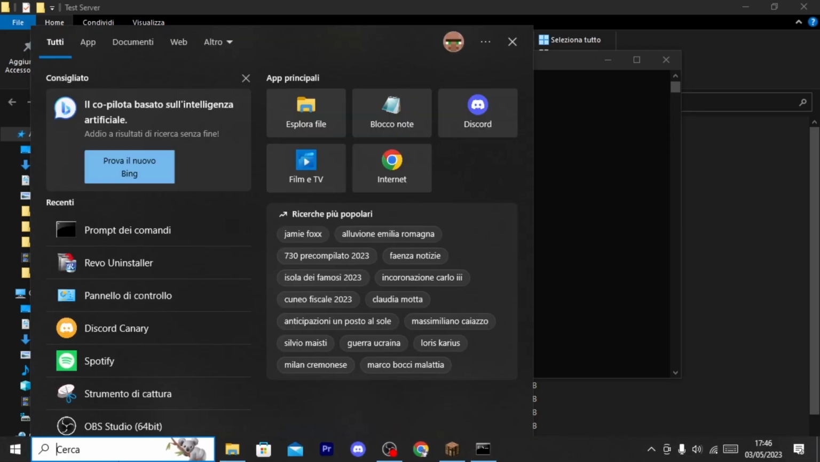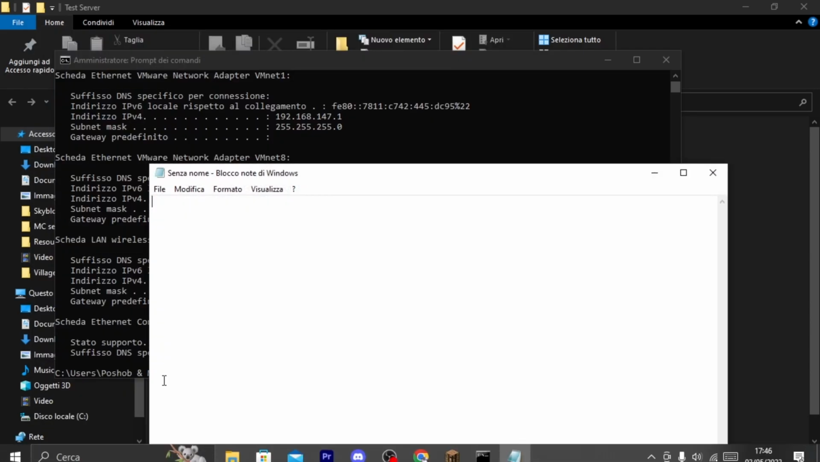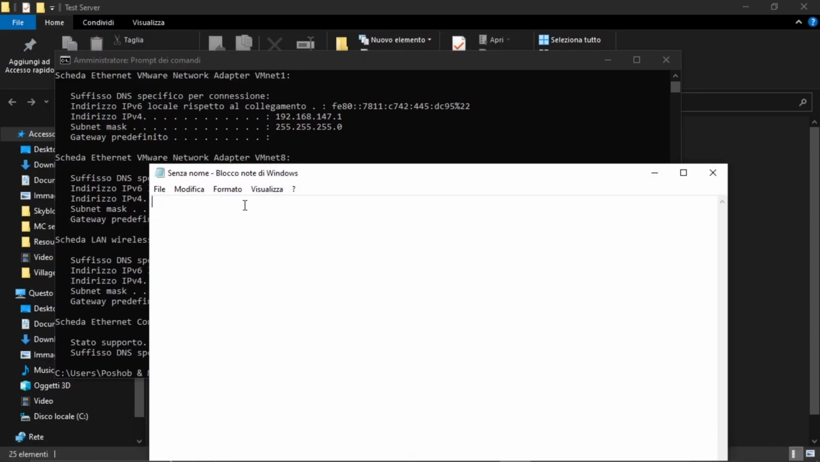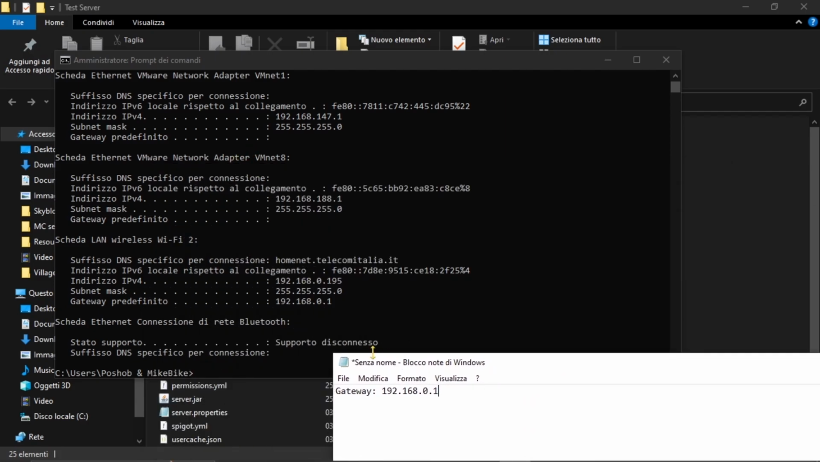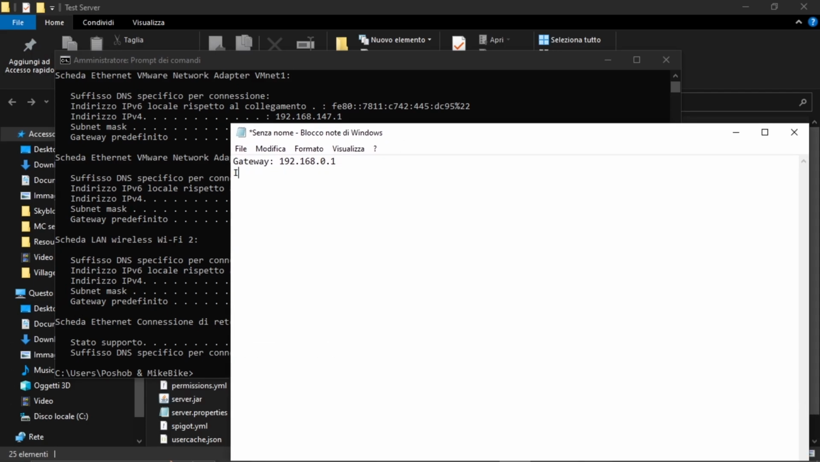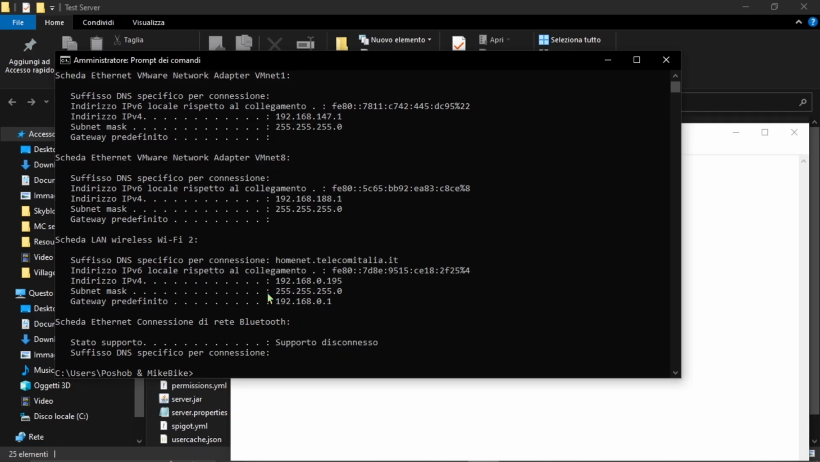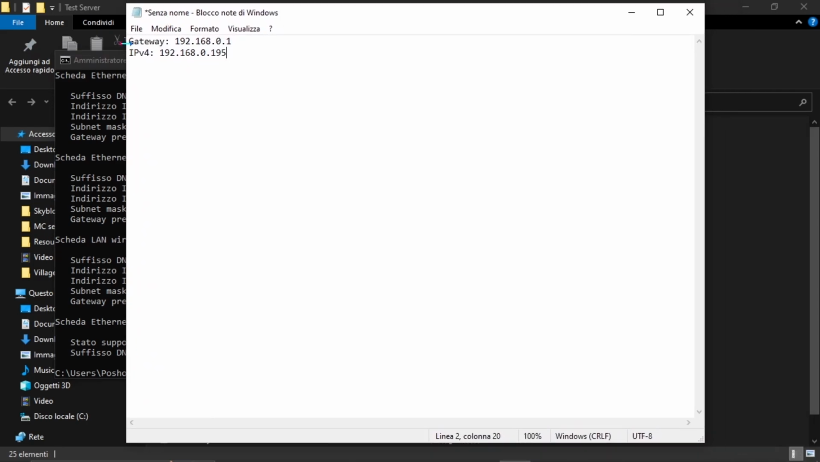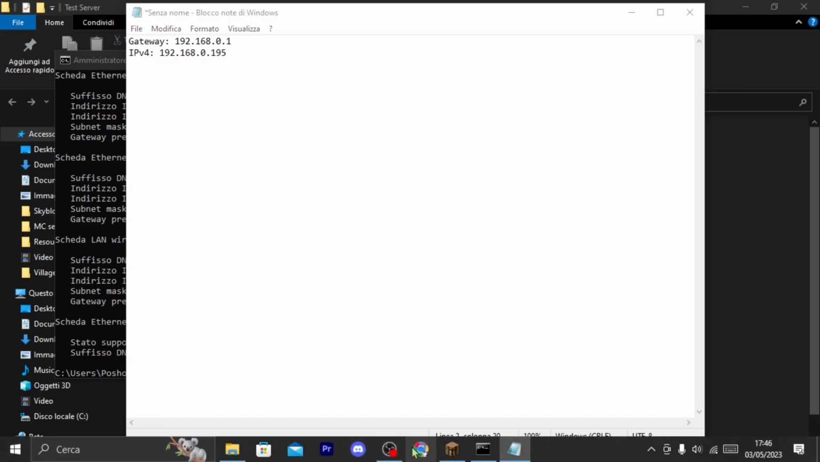Open a new notepad, because we'll need this for later, so we can say gateway, because this is your gateway. As you can see, gateway, IPv4 is 192.168. Okay, so once you've got these details in, you can open Google Chrome,